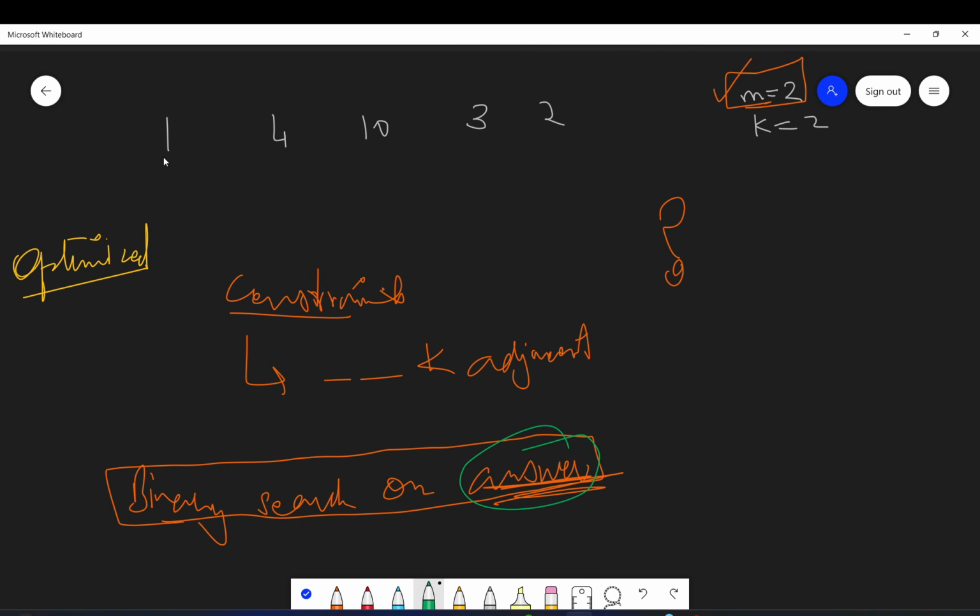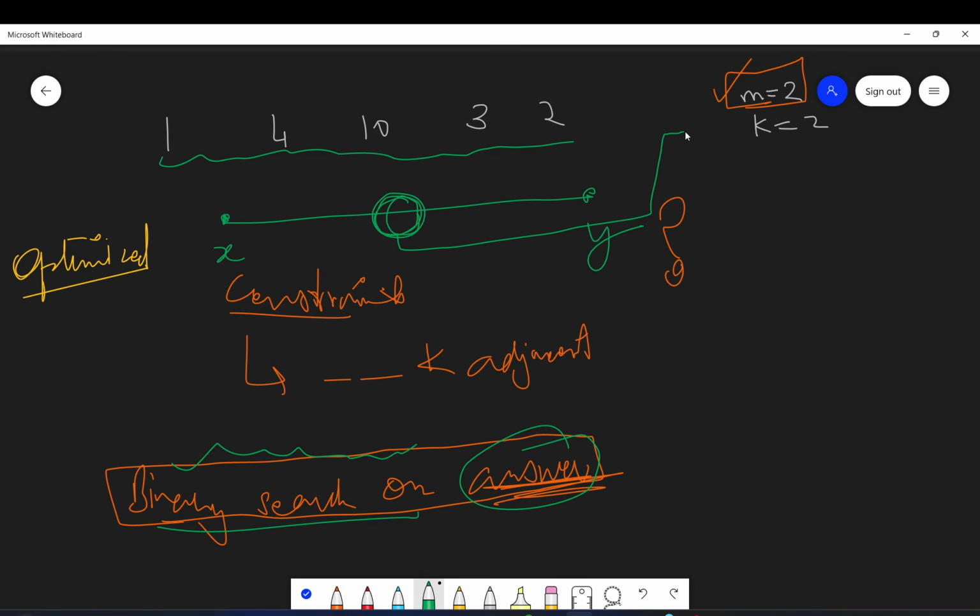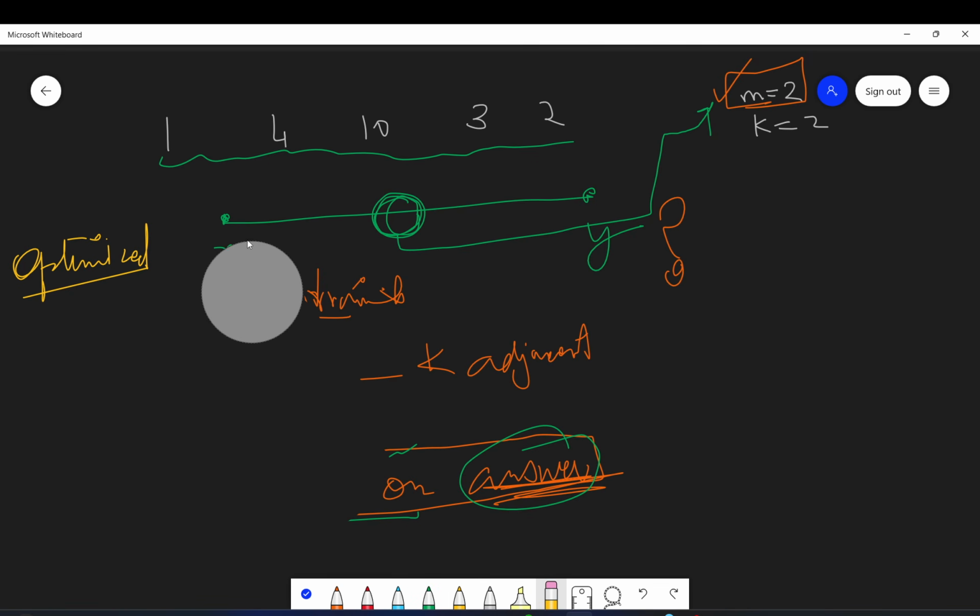And what is written here? These are days, right? So basically we need to find the days, so we have to search on the days. This is the concept of binary search on answer. How? I will have some range of days, let's say x to y. I have to find the day at which we can have m bouquets.